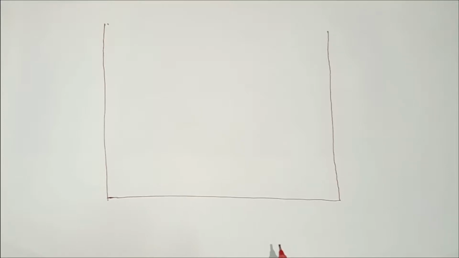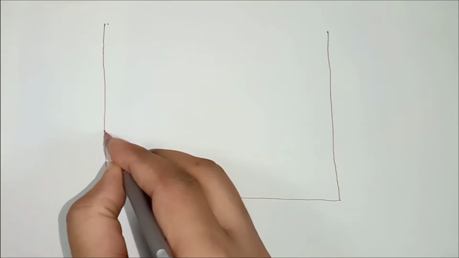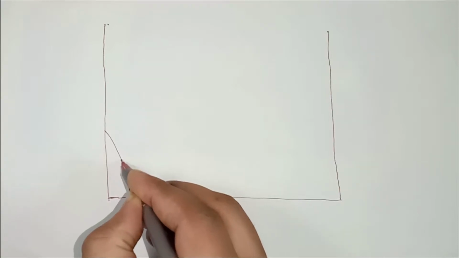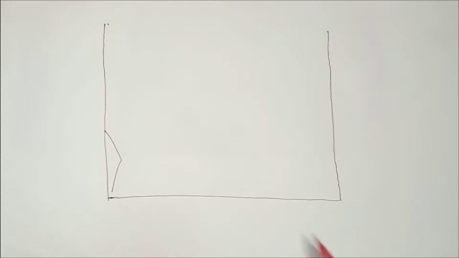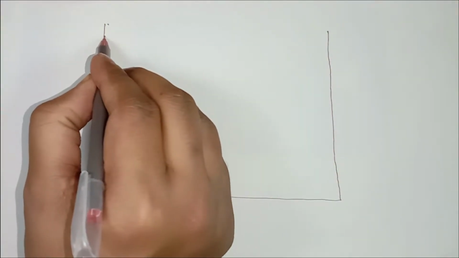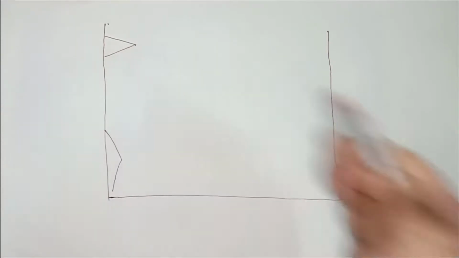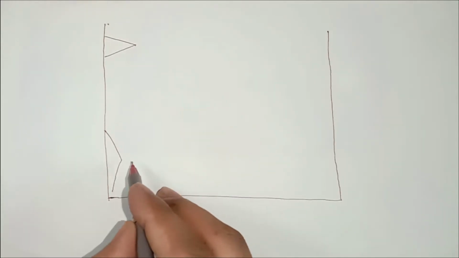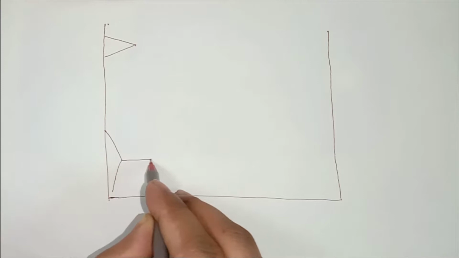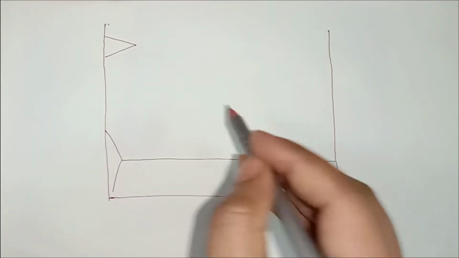Now we will start with the beak of the bird, as you have to remember 3 birds. So first we have to draw a beak. This beak will be something like that. Draw another beak, and this beak will be something like that. Now draw a horizontal line from this point. Draw another horizontal line.